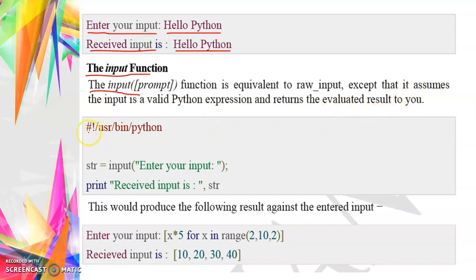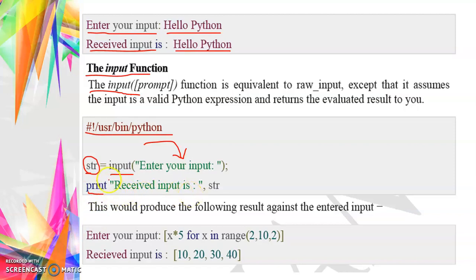For example, this is the path where Python is installed. In that, I am going to declare the same variable str equal to the input function. In the input function, there are some parameters. That parameter is a string statement. What string statement? "Enter your input." Thus, this is the string statement of the input function. Once the statement has been asked from the user side, next print "received input is".